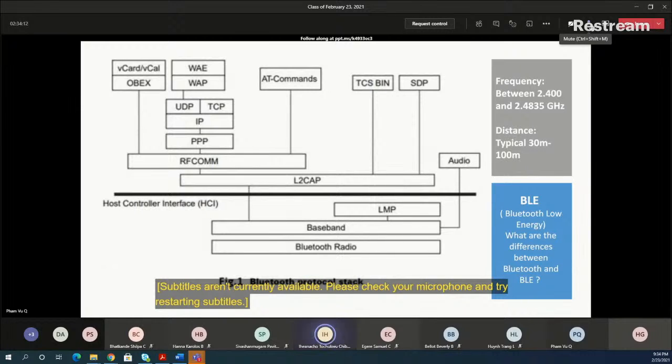In the first slide, I'm talking about all the protocols that are listed there: the OBEX, the L2CAP, the MTP, the LMP. I talk about the baseband, which is the LC, and I talk about the Bluetooth radio. Okay, so I'll talk about it. The OBEX manages the vCards and